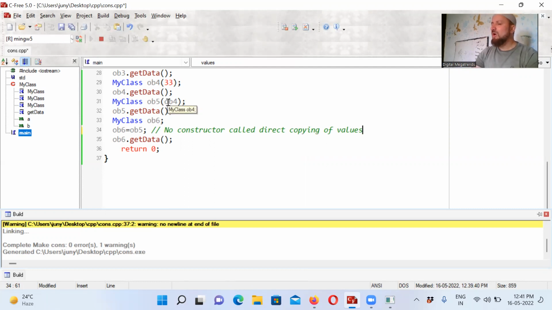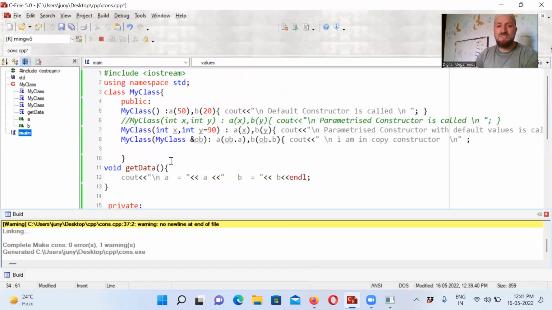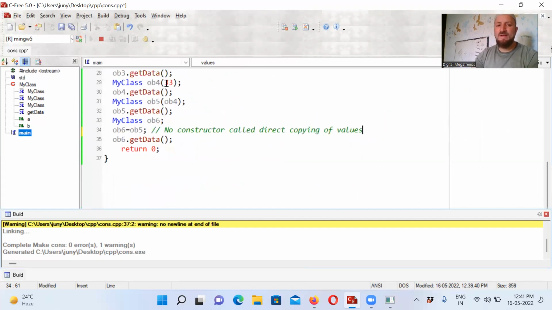ठीक है, सो यहाँ पे कॉपी कंस्ट्रक्टर कॉल हुआ था, तो कॉपी कंस्ट्रक्टर में आएगा आपको, लेकिन कॉपी कंस्ट्रक्टर में वैल्यूज कॉपी नहीं होंगे। ठीक है, क्योंकि कॉपी कंस्ट्रक्टर जब आप कॉल कर रहे हो उसमें क्या करें आप, OB5 को भेज दो OB4। अब OB4 जो है वो पकड़ा गया इसमें OB में। अगर आप इस A और B में जो कि OB5 के हैं उनमें आप OB यानी कि OB4 के वैल्यूज नहीं डाल रहे हो तो उसमें कुछ नहीं रहेगा ना, रेफरेंस सेम होगी। ठीक है, पास कर रहे हो खाली इसको, OB4 और OB सेम है, लेकिन OB5 डिफरेंट ऑब्जेक्ट है ना। जब आपने यहाँ पे OB5 बनाया, यहाँ पे आपने OB5 बनाया यहाँ पे, ठीक है ना,